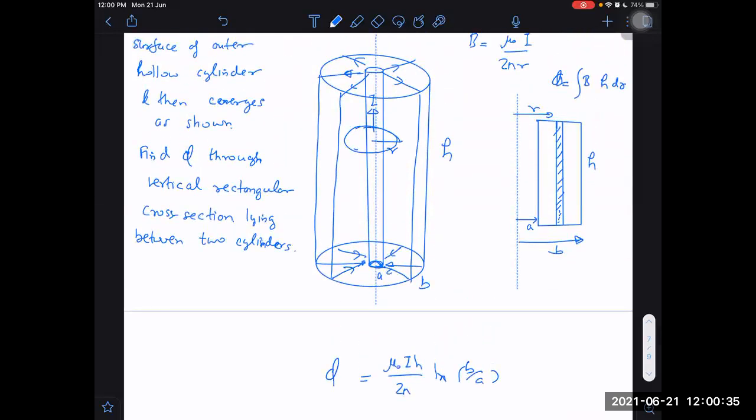Yes. In the previous case, flux outside the cylinders will be zero. Outside will be 0. Here, if I take any section, it will be 0. It is only from A to B. It is not for outside. And inside also it will be 0. If I take 0 to B, then also the same answer. If I take 0 to infinity, then also the same answer. Reason is because it exists between A and B.